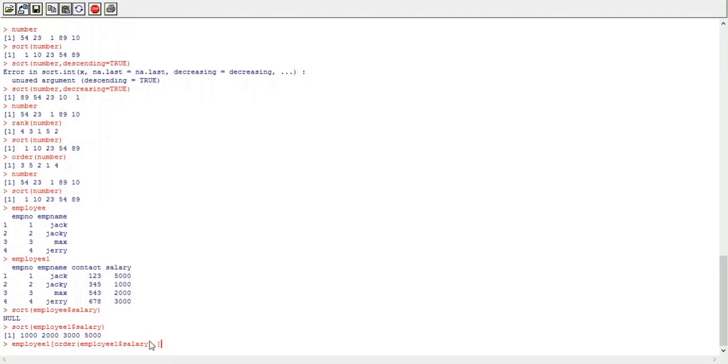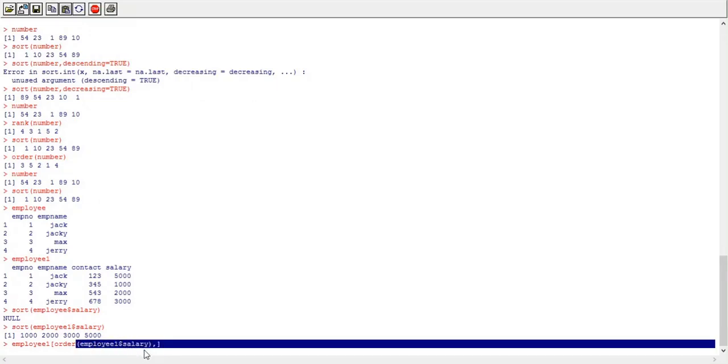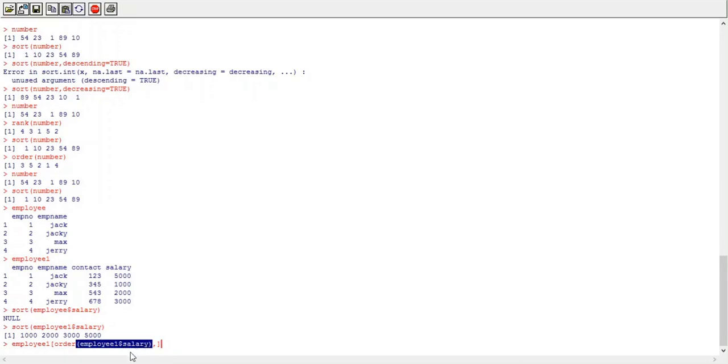Why this comma? Because we already know that the first index is for rows and the second index is for columns. We want to sort all the columns, that's why the column index is empty. We want to sort all the rows by the ascending order of the salary column, so we specify employee1$salary at the place of the row index.